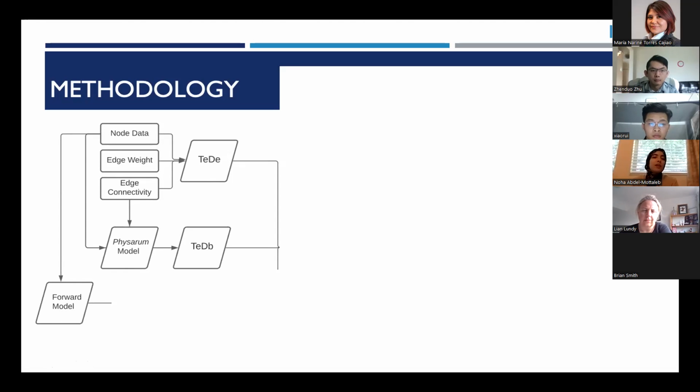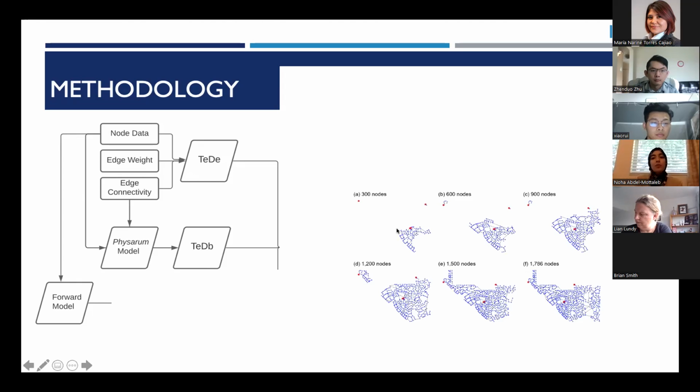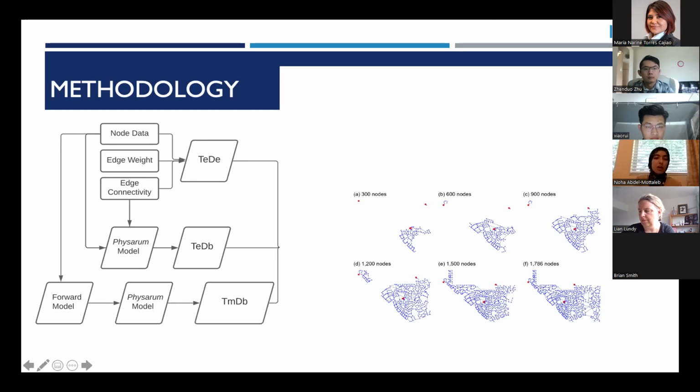Then we change the connectivity of the network. We build the network based on the node data, and this is using what we call a forward model. That is a step in the direction of bio-inspired, but it isn't bio-inspired per se, not yet. We're working on it. And we also apply the slime mold model to obtain the bio-inspired diameters. So this is now the third network with the forward model topology and bio-inspired diameters.